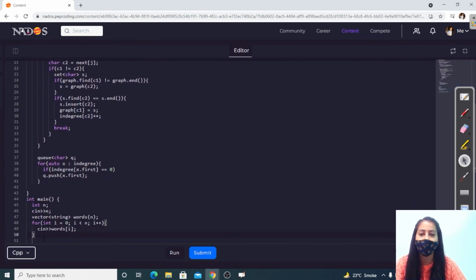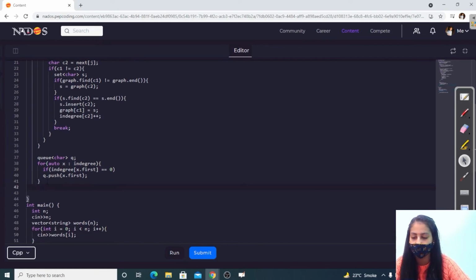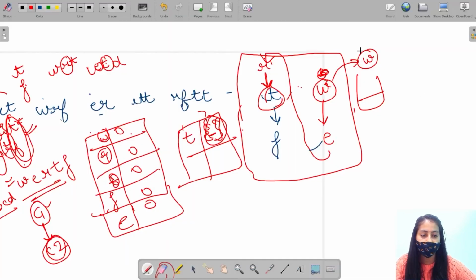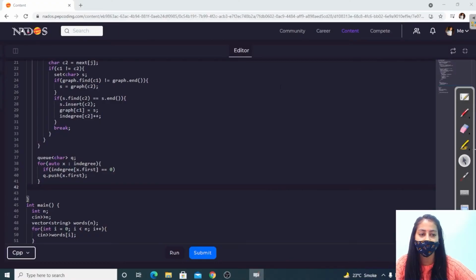So we got the first character which is having the highest preference, right? Now we have put this character to our queue. Now remove this character and add this to our answer string, right? So now we are doing the topological sort, we are using Kahn's algorithm, right?